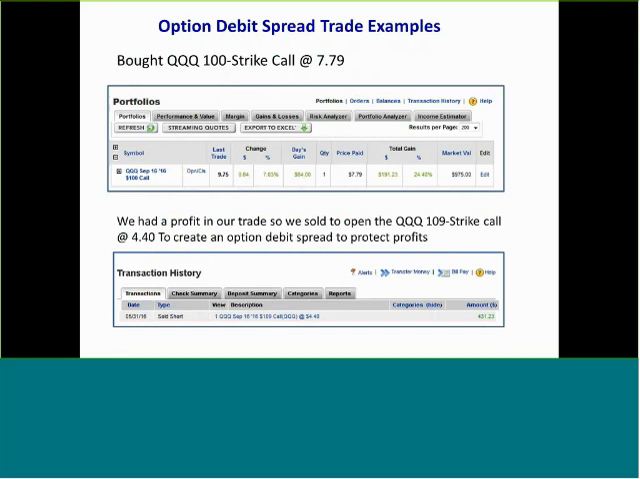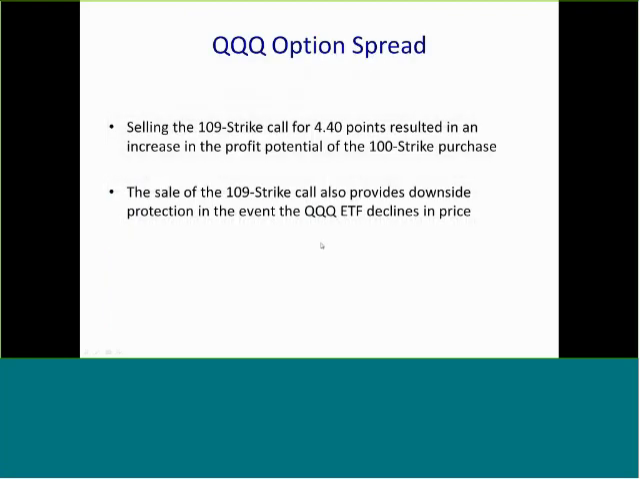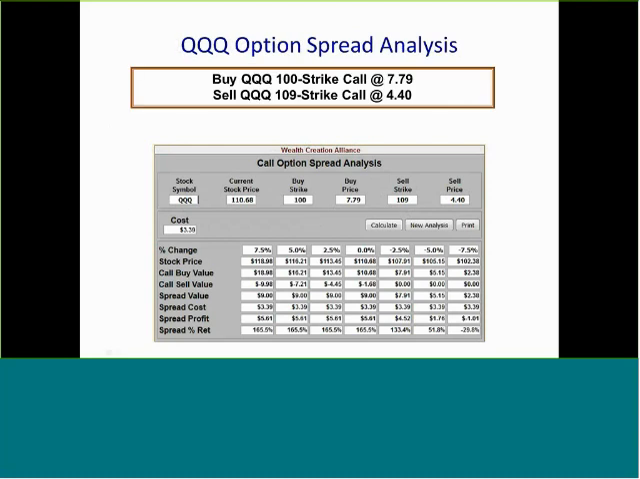Here's another example. This is for the QQQ. Bought the 100 strike call at 779, and then we had a profit in that trade, so we sold the September 109 call at 440. So again, we bought the 100 strike call at 779, and we sold short the 109 strike call at a later date at 440. So let's look at the risk profile on this, and we can see the call option spread analysis on this one shows